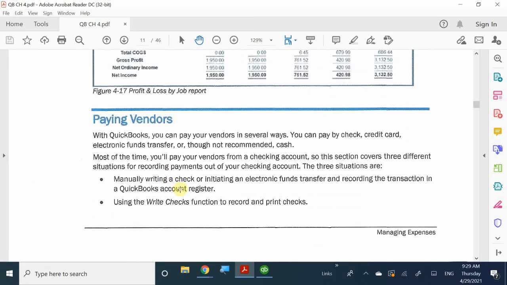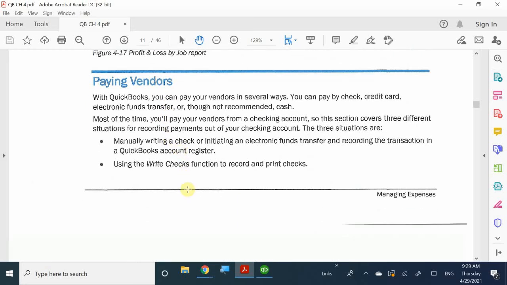All right, so next thing is going to be talking about how we pay our vendors. Straightforward. There's only 3 ways you can pay your vendor. Okay? You can either pay them with a manual check, right? Because a check is going to be considered the most